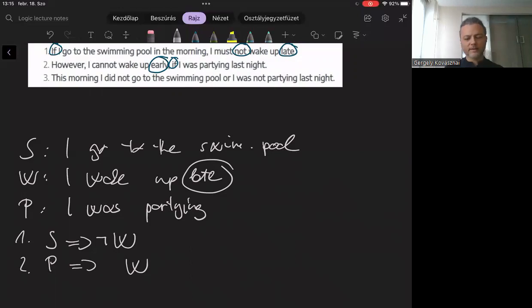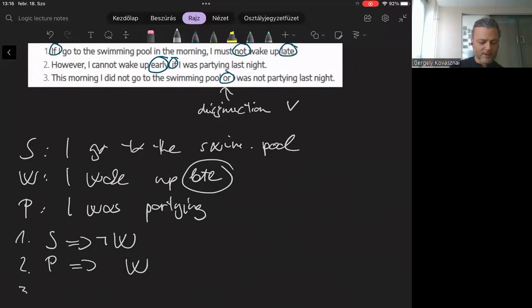Okay, third sentence. This seems quite easy. Why? Because you can find the word or here in roughly the middle, which is another very important logical connective called, sorry for my ugly handwriting, this. So this is called disjunction, and is denoted by this V. So this is the operator for disjunction.